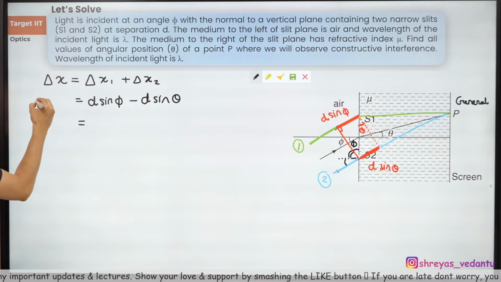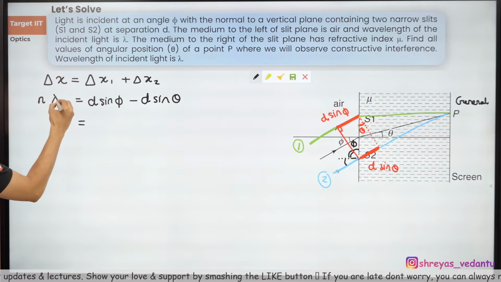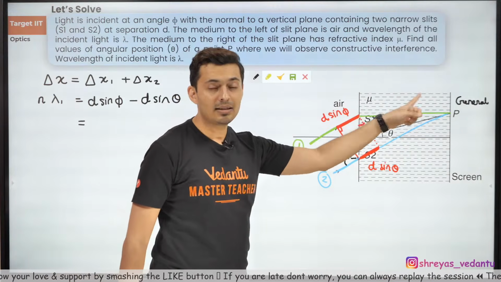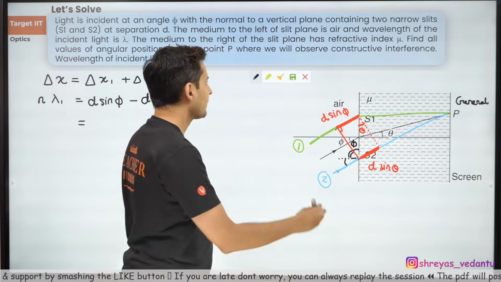Be careful, for constructive interference, this should be n lambda 1. Now, what is this lambda 1? Lambda 1 is the wavelength of light in that medium. But remember that,